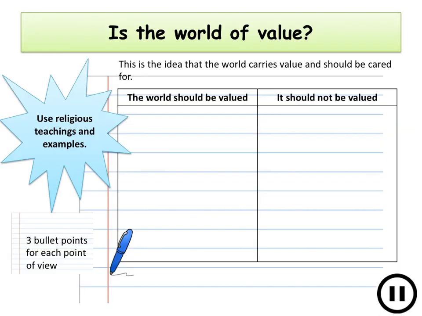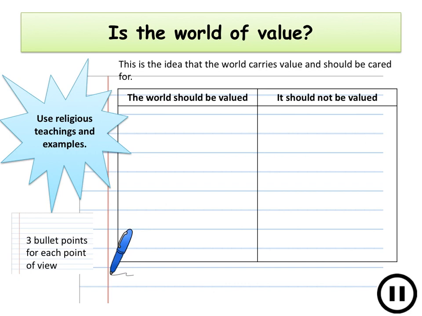Using the ideas that we've just looked at all about the world and the way that we're abusing the planet, I want you to write down as many things as you can think of as to why the world should be valued and why the world should not be valued. If we're talking about the world being valued, we're talking about reasons that we would see the world as being important. If we're saying that it shouldn't be valued, we could be talking about the fact that the world isn't important, or we could be talking about the fact that we ought to value other things above the planet, like